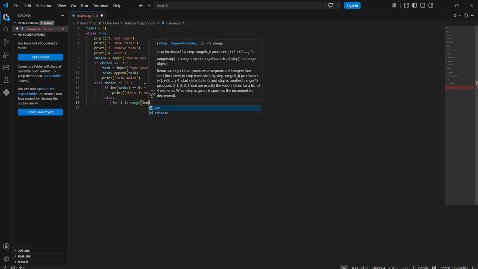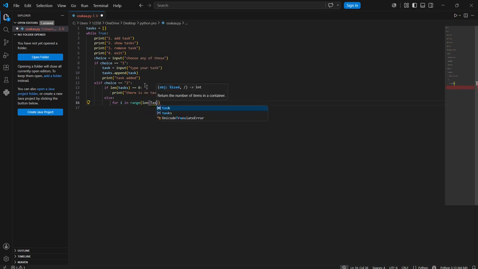So for i in range length of tasks, meaning the number of items inside the list we call tasks. This is the list. So Python after that will check how many tasks the user has in their list,